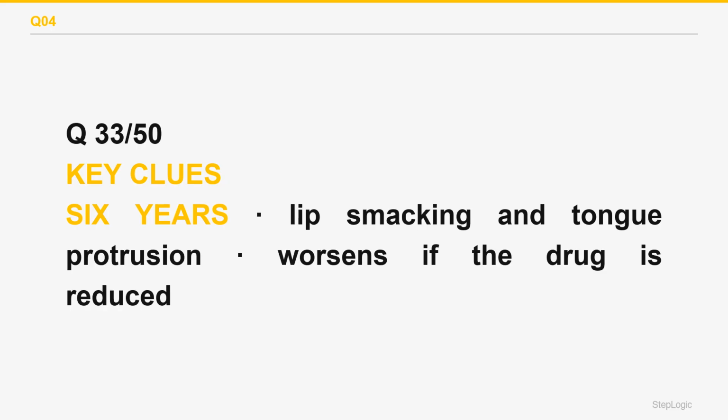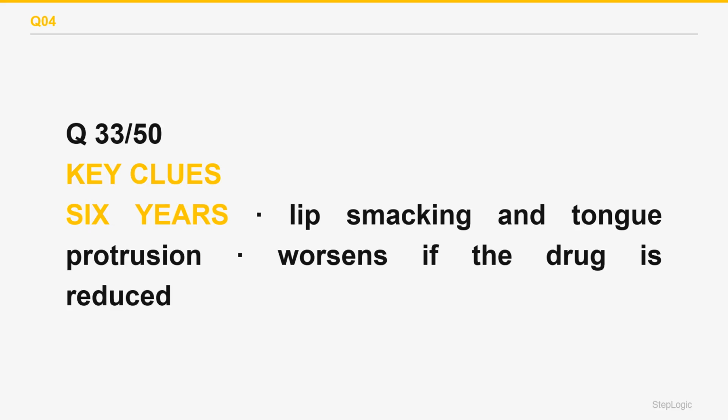Acute dystonia appears within hours to days as sustained muscle spasm treated with anticholinergics. Akathisia appears within days to weeks as motor restlessness. Parkinsonism appears over weeks to months. Tardive dyskinesia appears after months to years as involuntary orofacial and choreoathetoid movements, and it is thought to result from